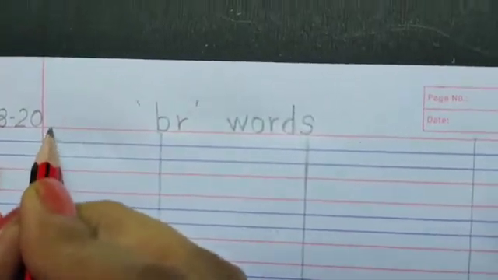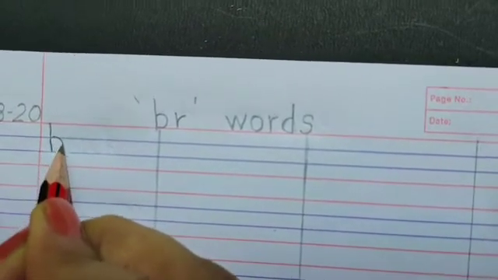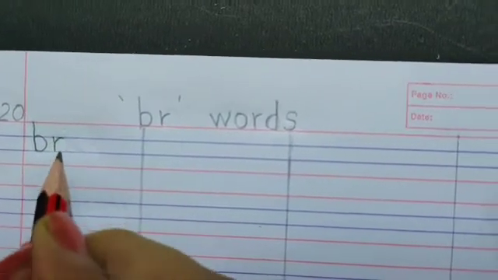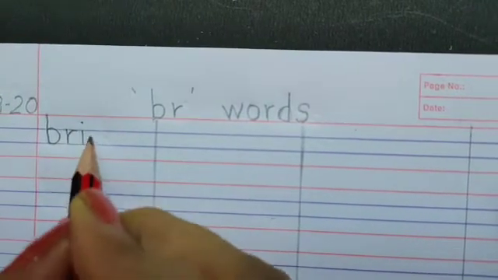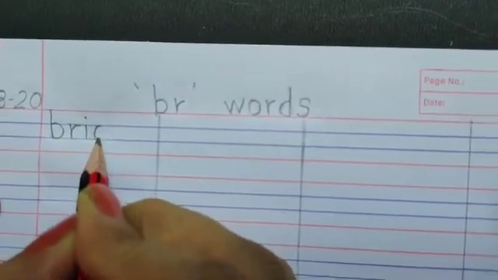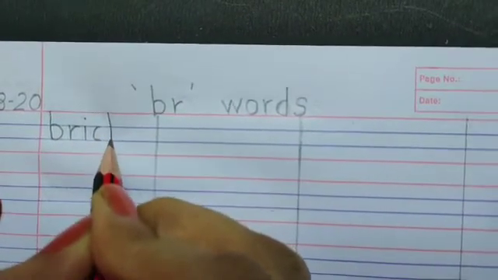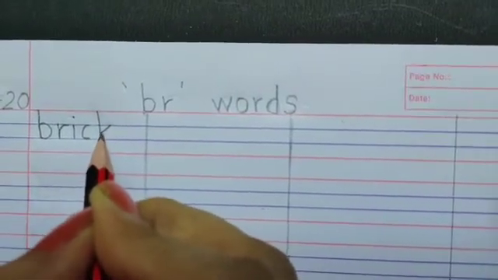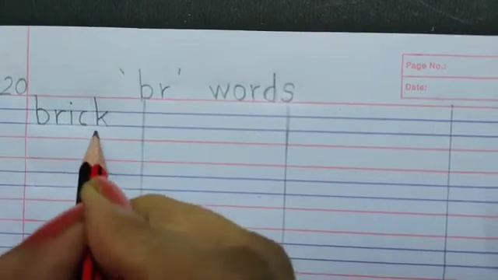Start from the red line, come down to the blue line, go up and curve blue line to blue line, B, down, up and curve blue line to blue line, R, down and a dot, I, blue line to blue line, curve, C. From the red line you come down, from the center you go out to the blue line, leave a little space and come down to the blue line, K,